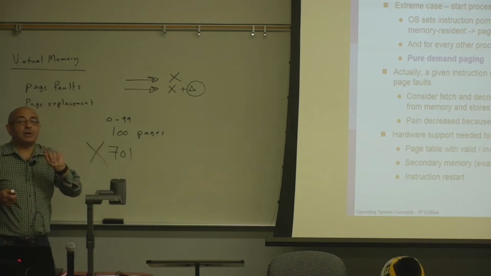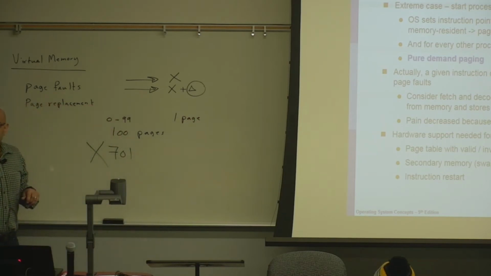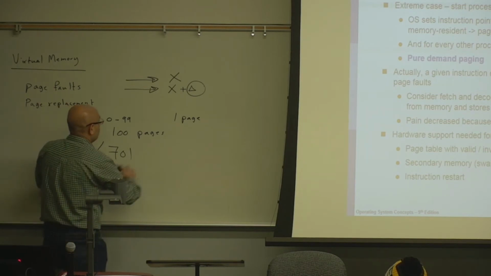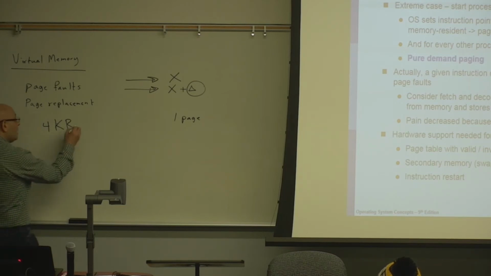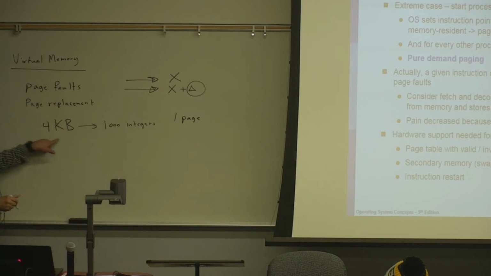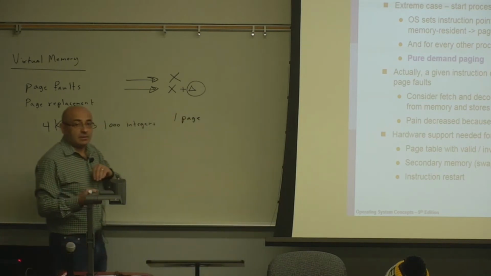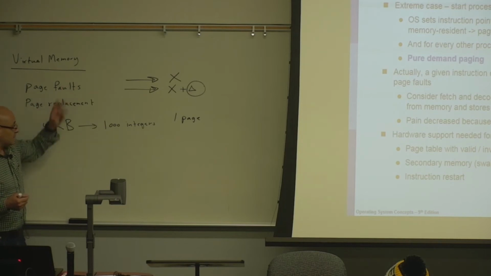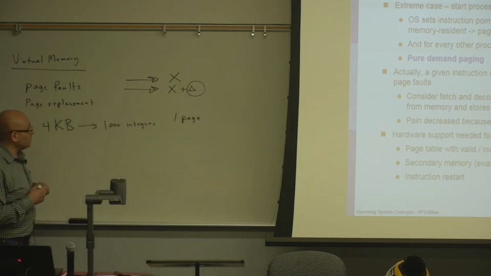Another thing, besides temporal and spatial locality, keep in mind that a page is not just one data element or one instruction of code, right? If you have a 4 kilobyte page and you are using 32-bit integers, or 4-byte integers, that's 1,000 integers. Or if it's 4 kilobytes of code and each instruction is 4 bytes, then that's 1,000 instructions. So a page is not just one piece of data or one instruction of code. It's thousands of integers or thousands of instructions, which means that if you fetch a page, if you load a page,